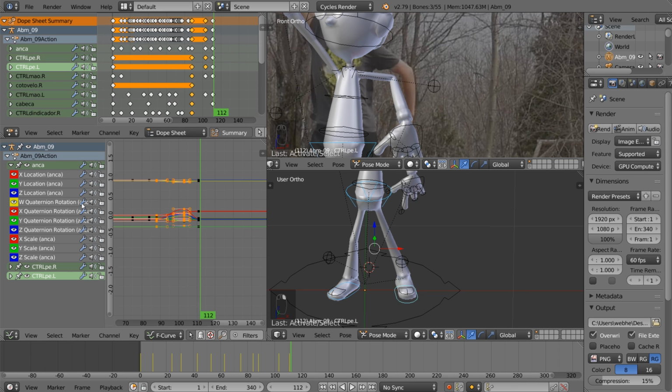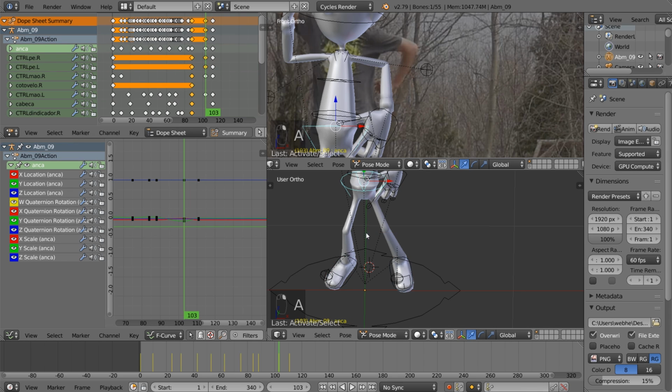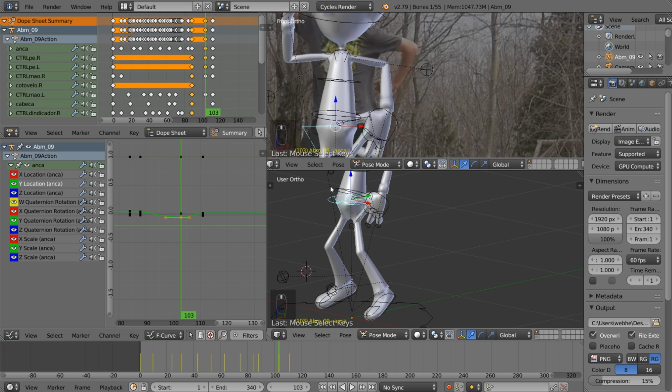So we can do this with the interpolation options like we were using earlier in the tutorial on bones. So I'm going to turn off the ones that we don't need here. I'm only going to be changing whatever makes it go up and down, and I believe it's actually the Y location here. Yes, it is. It might be the Z location if you're using a different rig, but with the rotation of these bones, it's the Y here. And so I'm going to grab this bone, and as you can see, it's a curve where